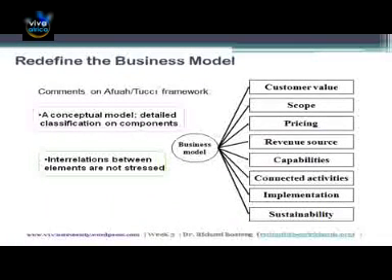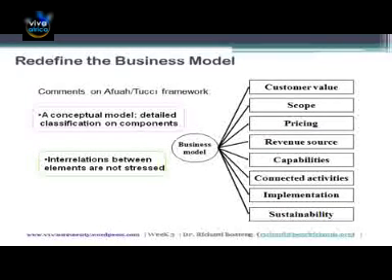So, in this framework, I identify these. The business model is made up of the customer value, the cost scope, the pricing, the revenue source, the capabilities, connected activities, implementation, and sustainability. However, this conceptual model details